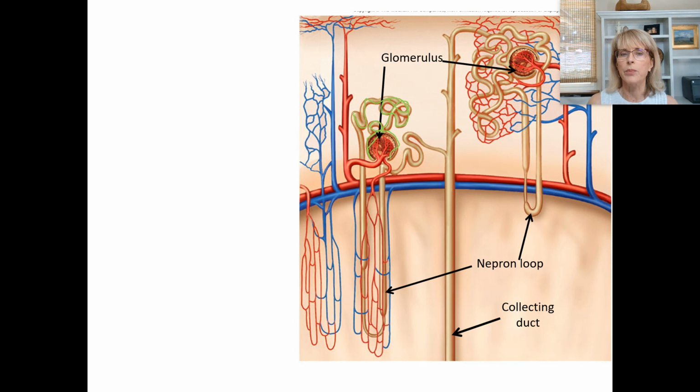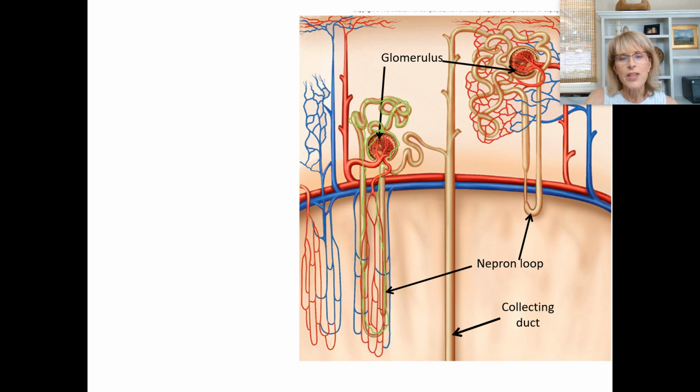And it's proximal because it is first when we are forming urine. It's the first place that fluid goes as it is becoming either absorbed in the body or becoming urine. And then fluid is going to go down, where is it? Okay, down the descending limb of the nephron loop, then up the ascending limb of the nephron loop. That nephron loop, it might not be obvious yet from this image, but it goes down into the renal pyramid,